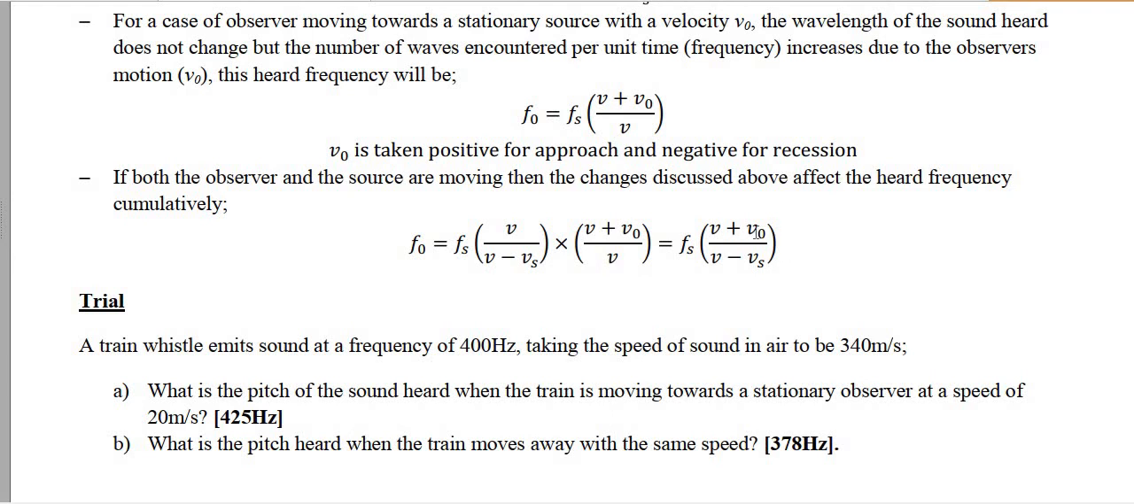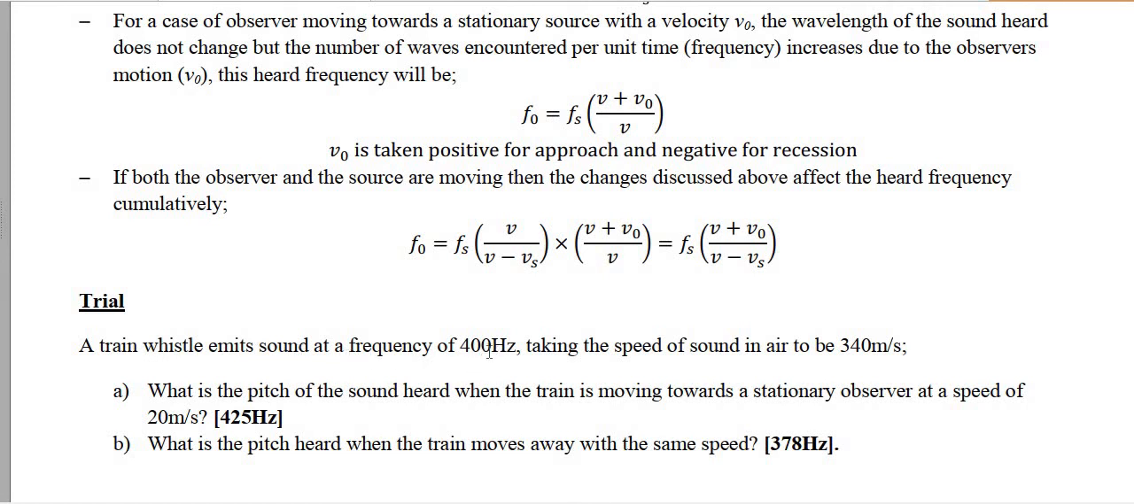relation that talks about an observer approaching a source that is giving us a sound of frequency fs. So the heard frequency, the frequency that will be heard by the listener, is f naught. Okay, so we're going to use this equation here with f naught to solve part A and part B of this question. Now, if you're given a train whistle that emits sound at a frequency of